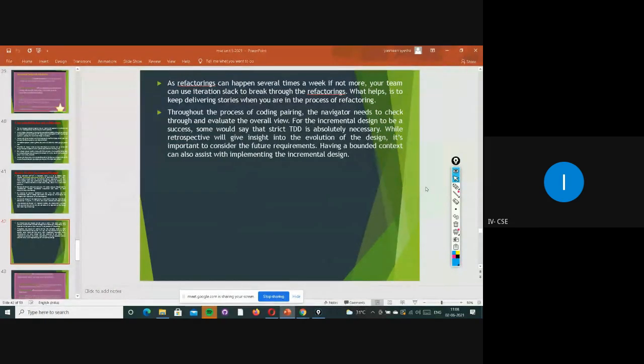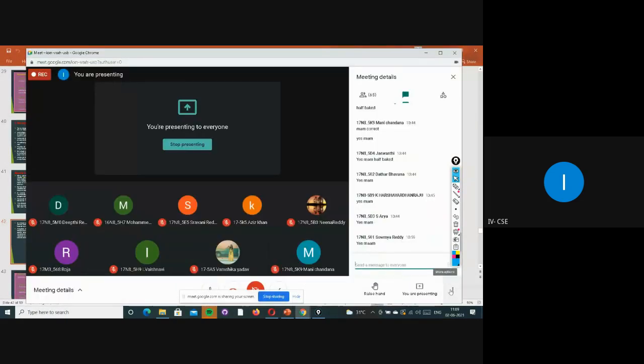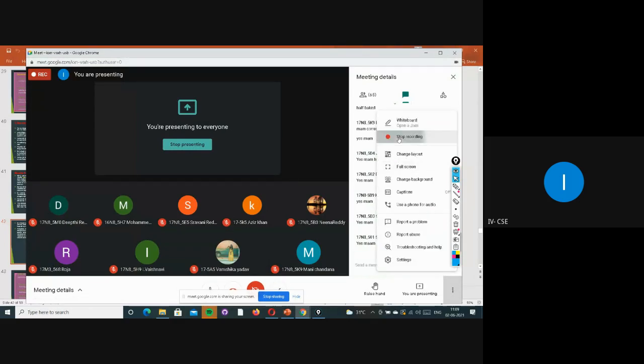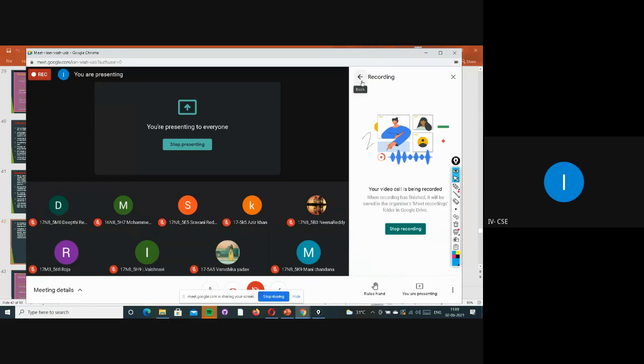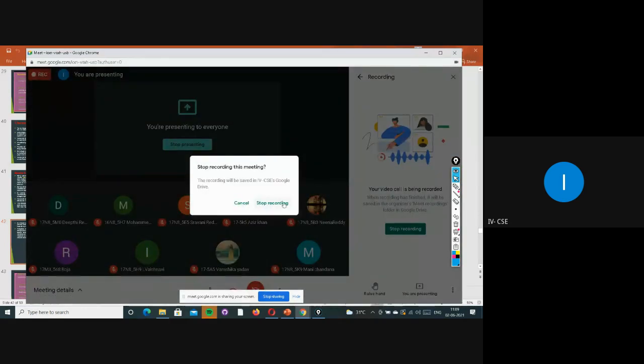And mainly they will form coding pairs, like navigator and driver. Based upon that, managers will check all the things. Once they give the signals, programmers will write the code and test. In that way they will implement, work, and assist each other. So this is mainly about incremental design and architecture. This incremental architecture design helps whenever we involve the customer, based on their requirements, we